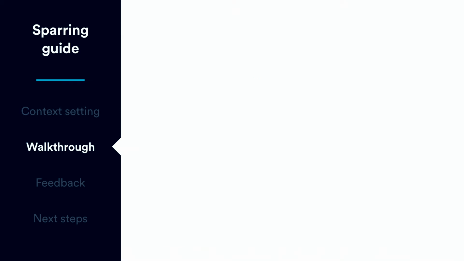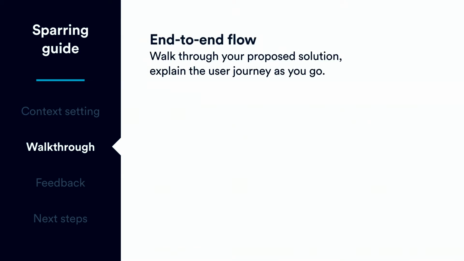Then you have your walkthrough phase. Here you would go step by step, walk through your end-to-end flow or your proposed solution, or the work you've done so far. It's really important to not justify why you have made certain decisions during this step. Just walk through the user experience, and if something feels unnatural to someone, they'll call it out during the feedback